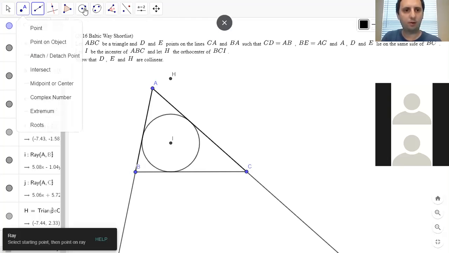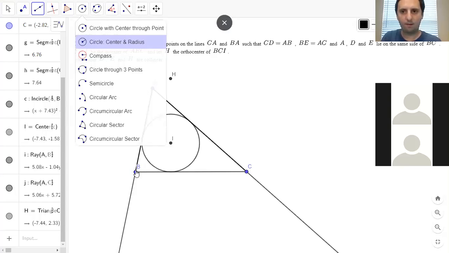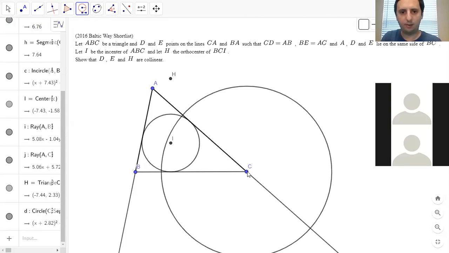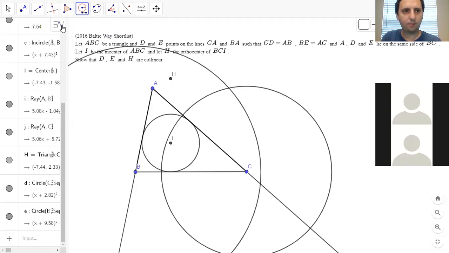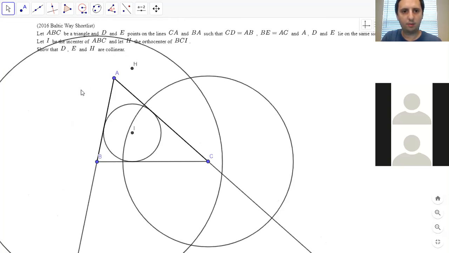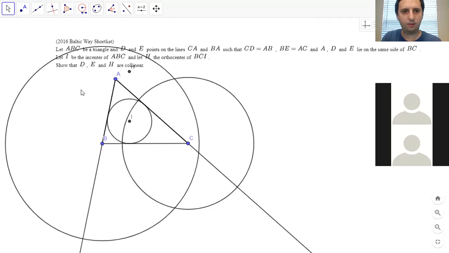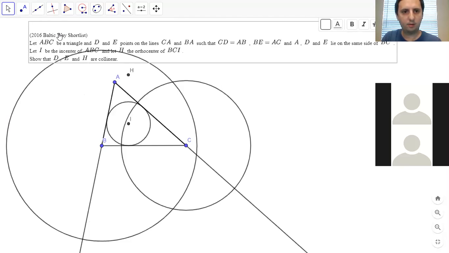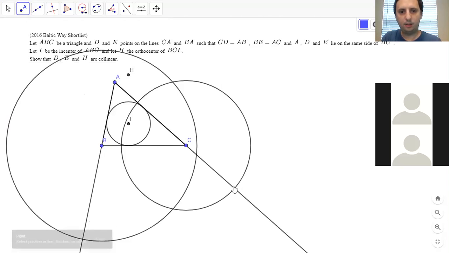So we want to use our compass tool. CD equals AB and BE equals AC. Okay. Let me shrink the figure a little bit. Like that. CD equals AB and BE equals AC. And then we want the,